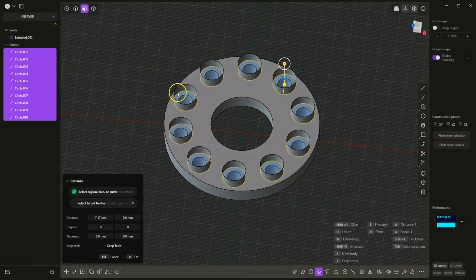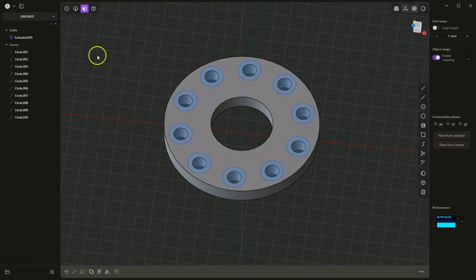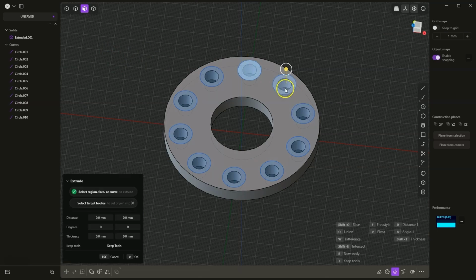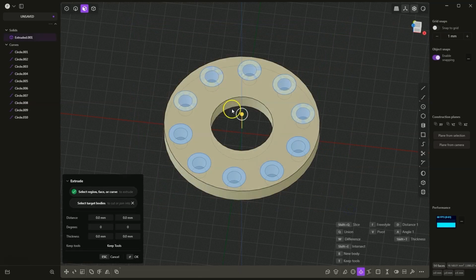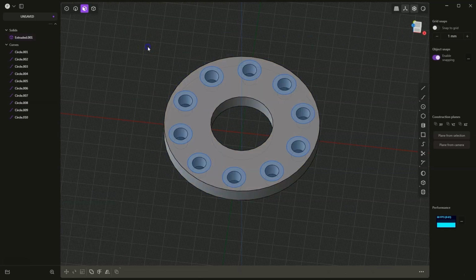Therefore, we will cancel this and deselect the selection we have selected. So we could select all these holes by holding down the Shift key. I just press the Shift key and select these areas. However, if there were many more areas, selecting them might be time-consuming. When it comes to selecting geometries, we can also do this using the selection window. In this case, all the faces will be selected,